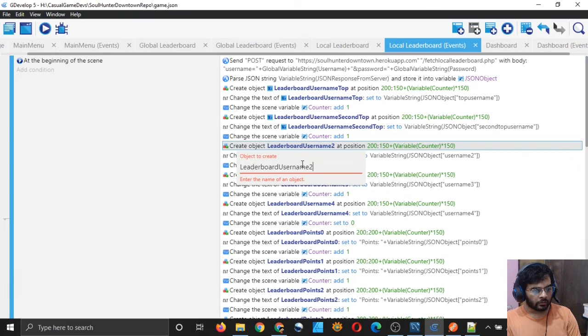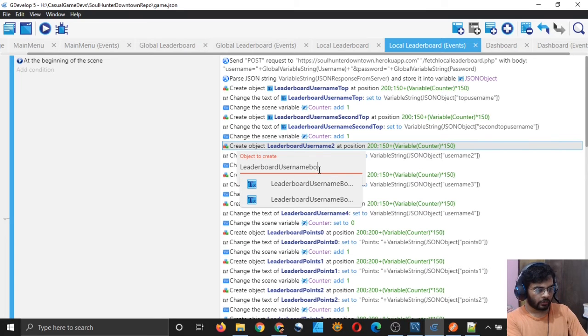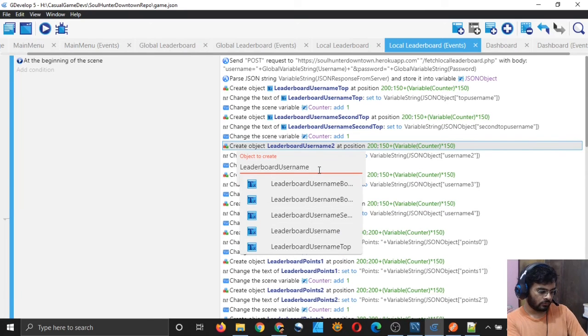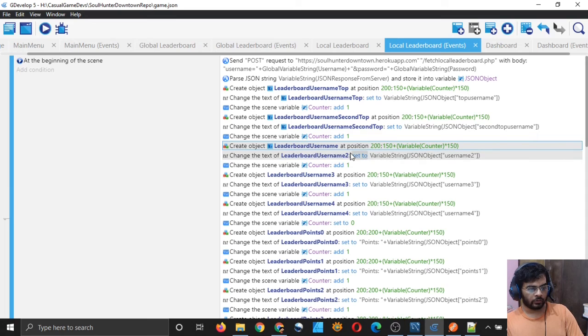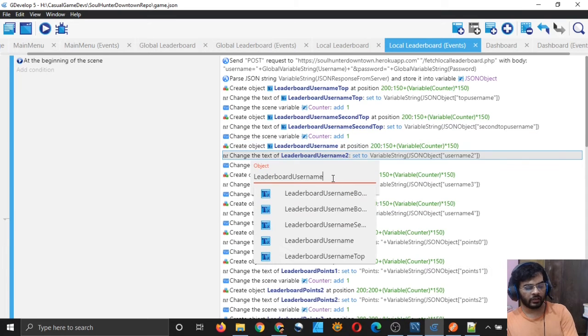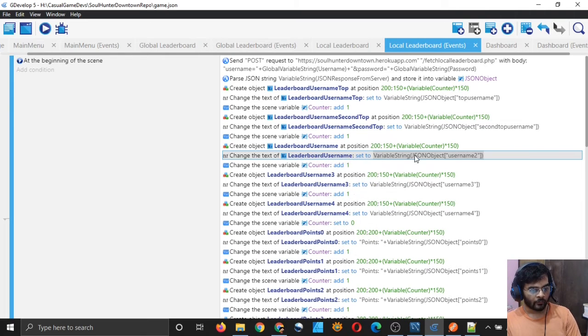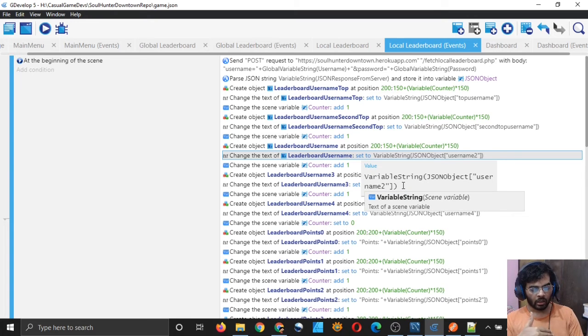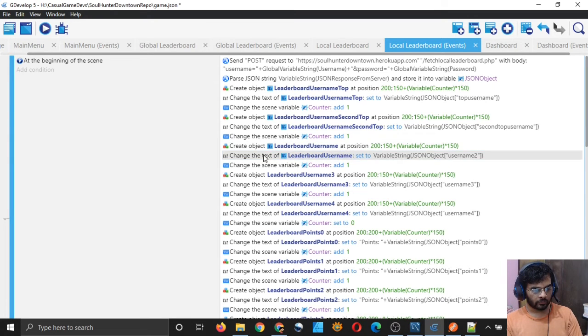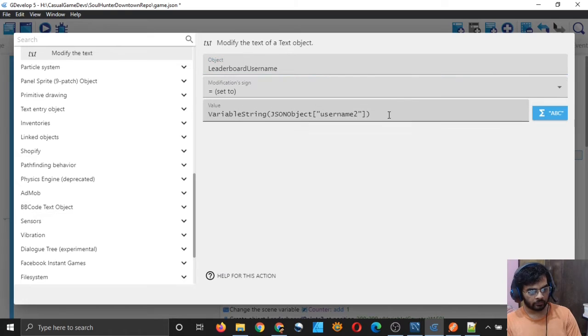And here do it for leaderboard username bottom, or you can say just leaderboard username, right? Same position, because in the middle we want the user who is playing the game, who has requested the leaderboard. And here just type, don't choose this JSON object, choose a global variable.